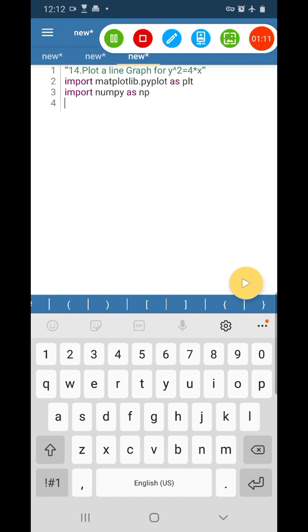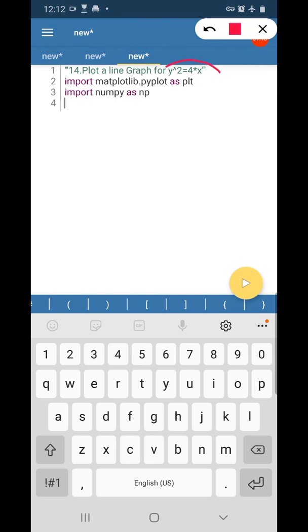So in our question, we have to generate graph for y square is equal to 4x. So either we have to generate the values for y, or we have to generate the value for x and calculate the value for y.